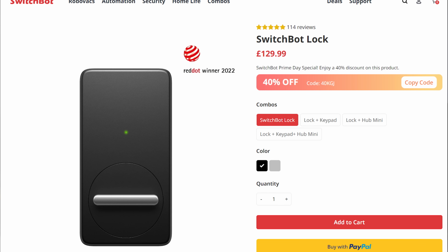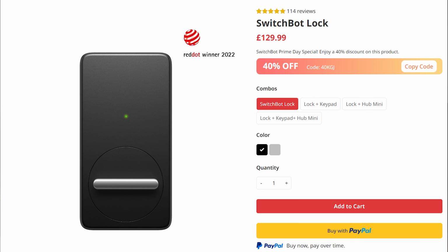If you're looking for something even cheaper, there is also the original SwitchBot lock for just £80, and that is designed to retrofit with lots of different styles of locks and is great for renters, again with direct support for Home Assistant. Smart vacuums are up next, and we have a couple of good models on sale here, including the